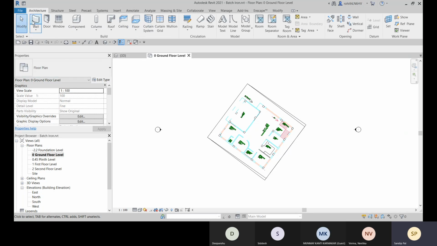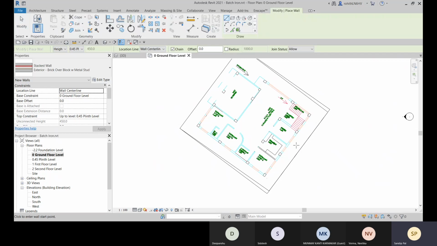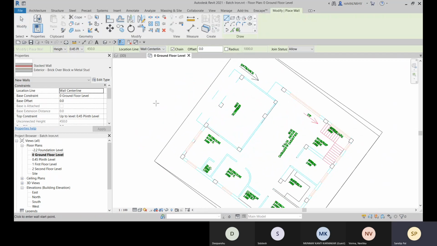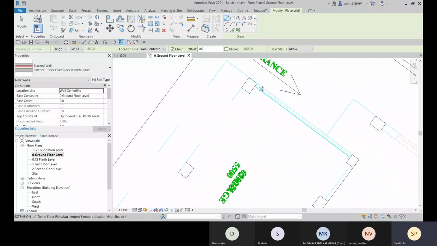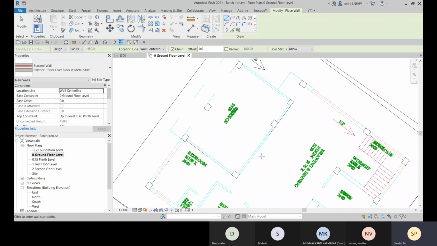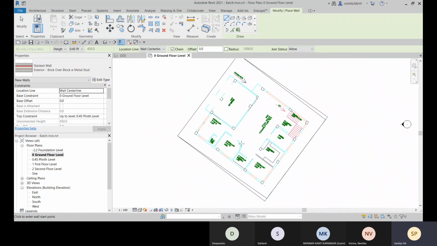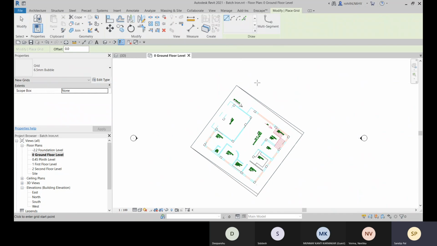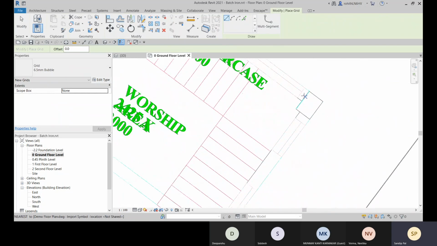Now let me go for this wall option. Okay, so here we can place our walls without this grid also. If you have that CAD plan, here you will find these center lines. It will show you the center line. So with the CAD plan, you can start working, but we need our grids, right? So we need to place our grids. So go for the grids and let's start placing from here.